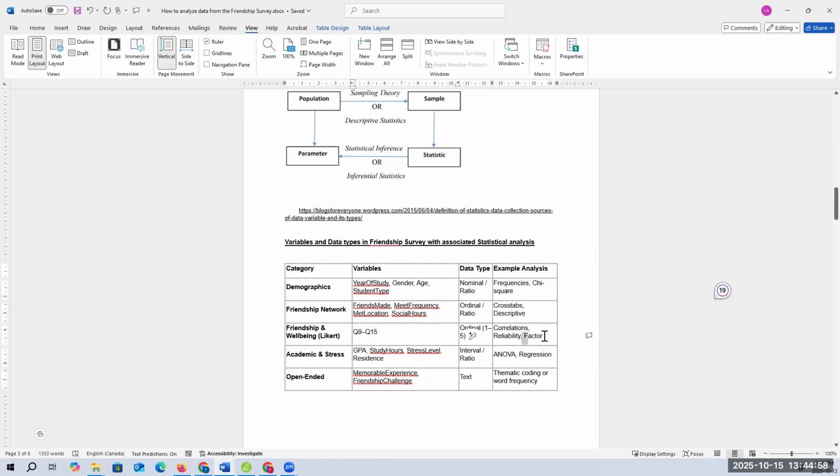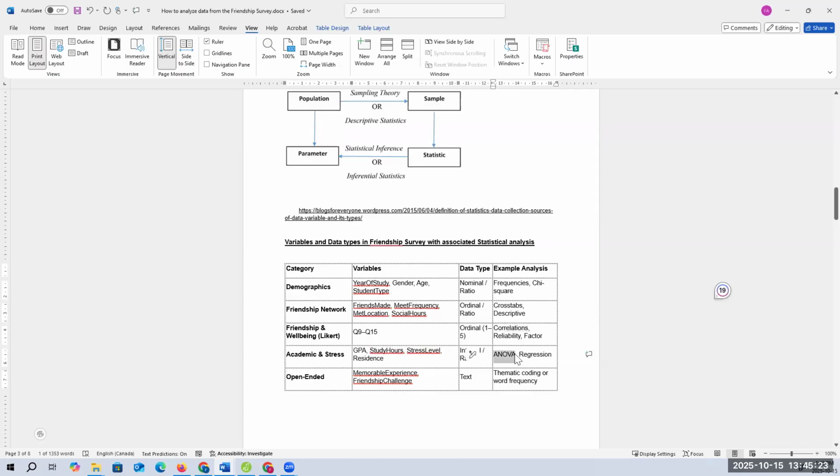Factor analysis is interesting because we can look at latent variables and the relationship between them. I'll talk about that later. And then correlation, we can look at correlation between variables. Academic and stress, that's another category. GPA, study hours, so that's numeric, study hours, stress level, and then residence, which residence to live in, interval or